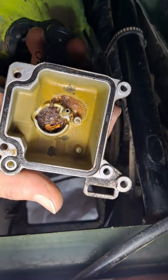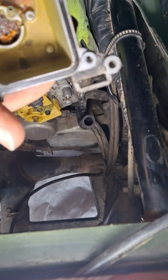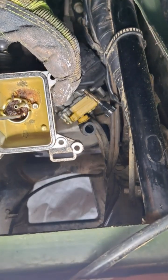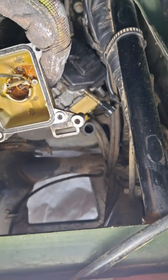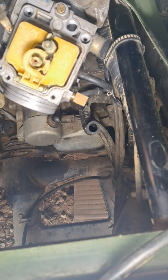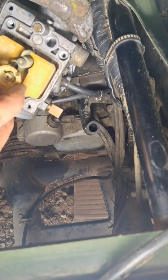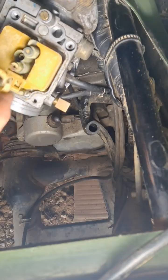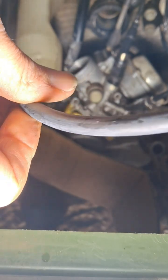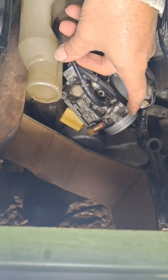Well, yeah, this is probably about as bad as you can get. Just look at this stuff. You can see how it has this little sleeve that goes on there. So just remember how that goes. I got some vent line hose to replace that bad one. That is this line here,